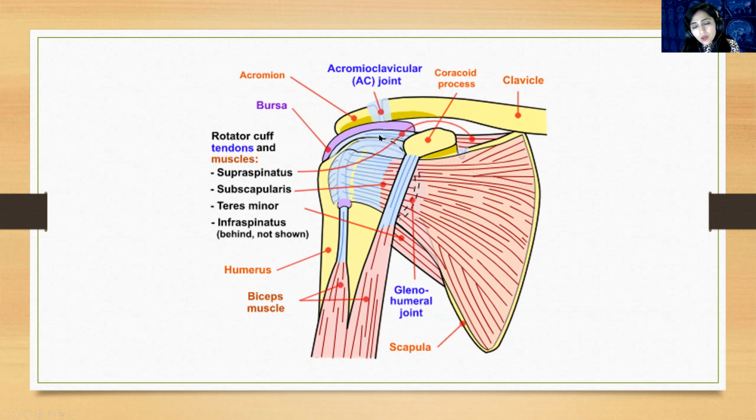And to protect the rotator cuff tendons from the effect of this bone, there is a bursa at the top of the rotator cuff tendon. The purpose of this bursa is to protect the tendon from the effect of the acromion. Especially, this tunnel actually becomes shorter when there is overhead activity. When your shoulder is abducted more than 90 degrees, this tunnel gets more narrow, and the purpose of this bursa is to protect the rotator cuff tendons.